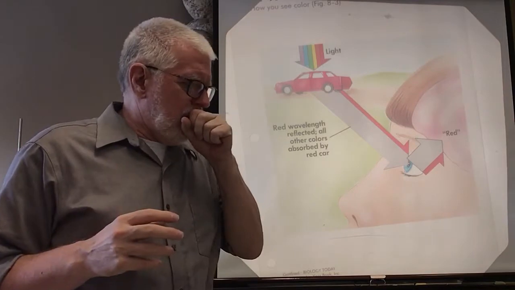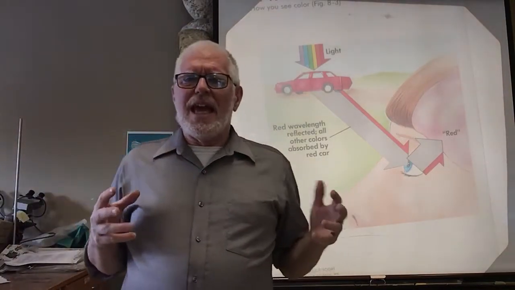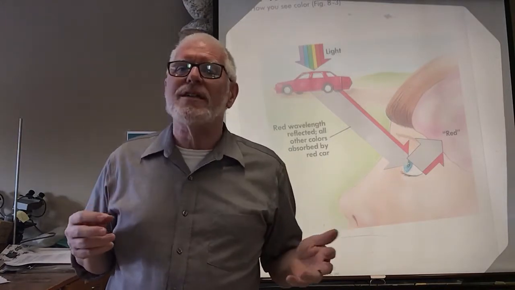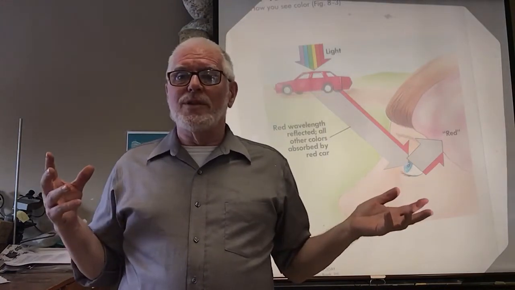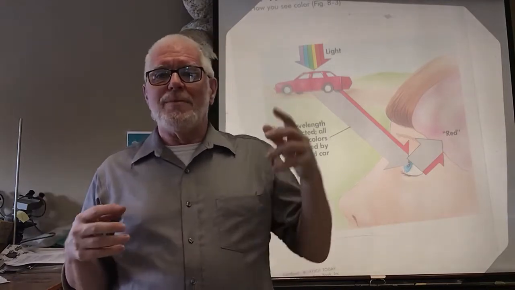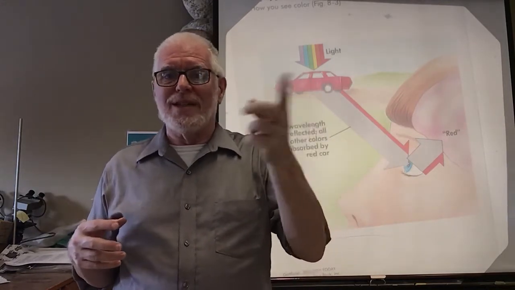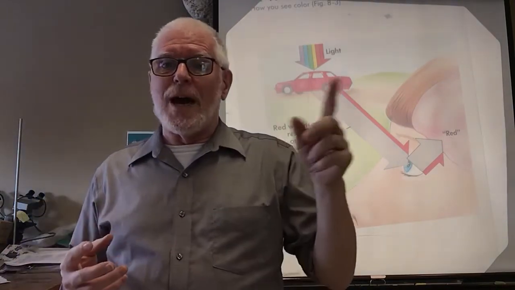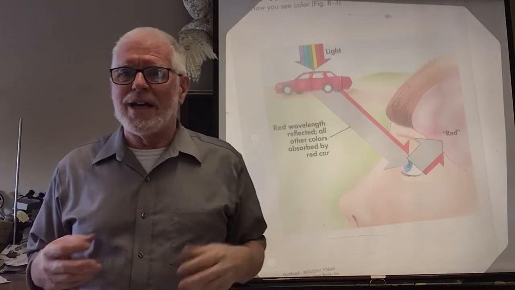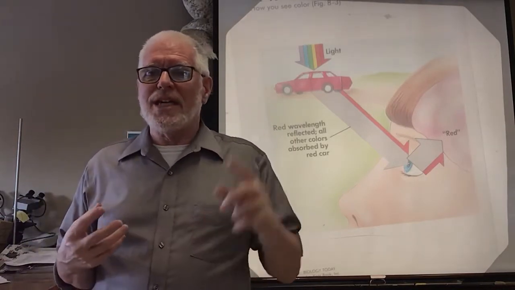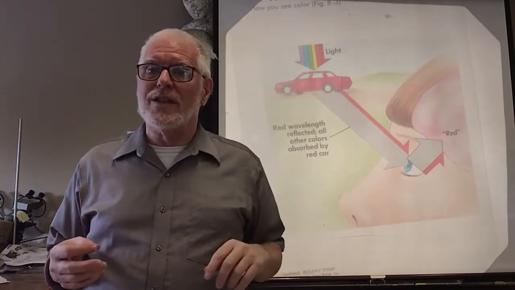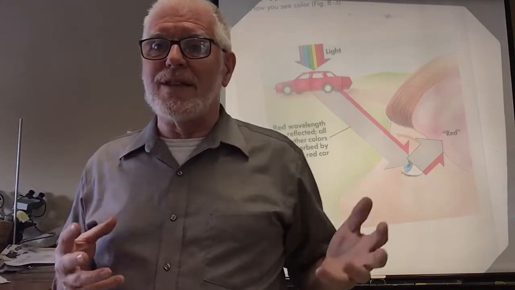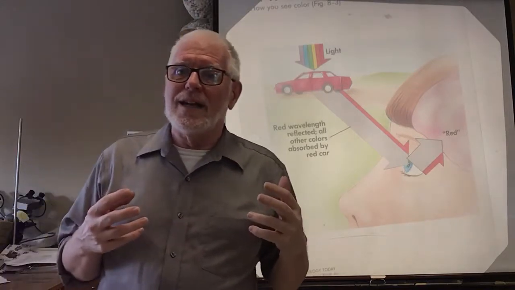But they have a certain amount of tuning. They being a wave, they have a certain level of vibration. And they interact with materials in the world in different ways. They may bounce off of it, as red wavelengths bounce off of the red car. They may be absorbed by it, which the other wavelengths are absorbed by the red paint. They may pass through materials like the windows in the car do, although your windshield typically will not let ultraviolet